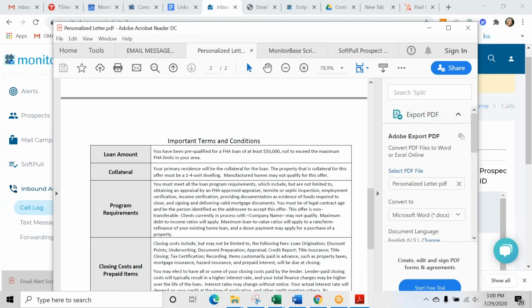And so we were making an assumption based on the credit offer that we can do a refinance transaction or a purchase transaction just as much as the other mortgage company that they've done an inquiry with, based on the characteristics that we set up with Monitor Base. Does that make sense? Yeah, it does.